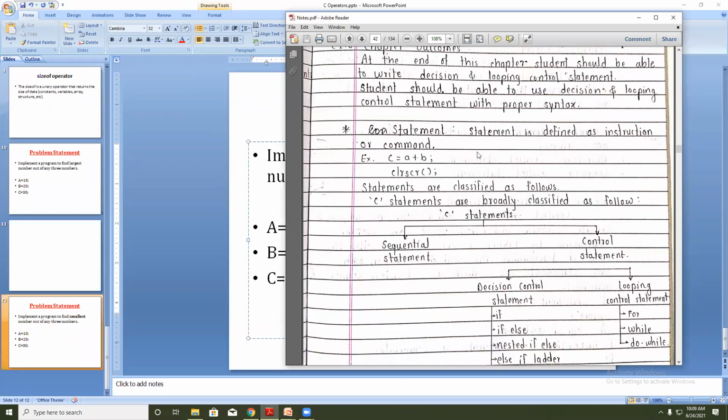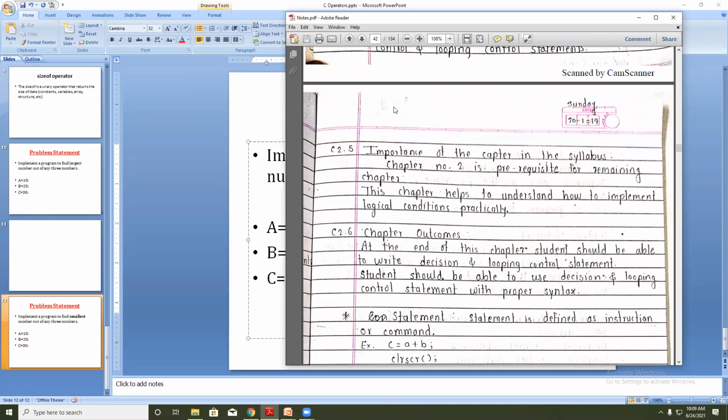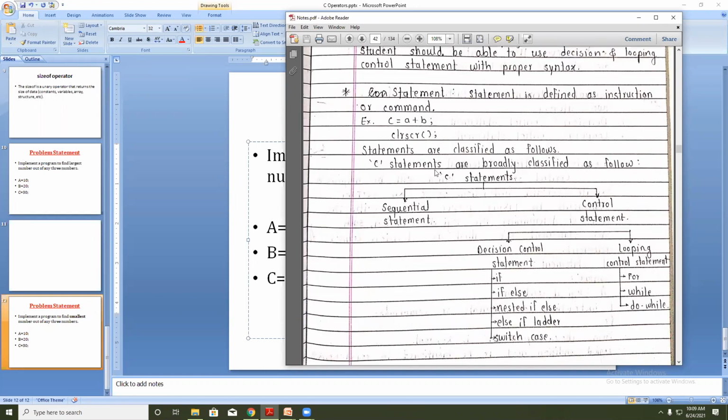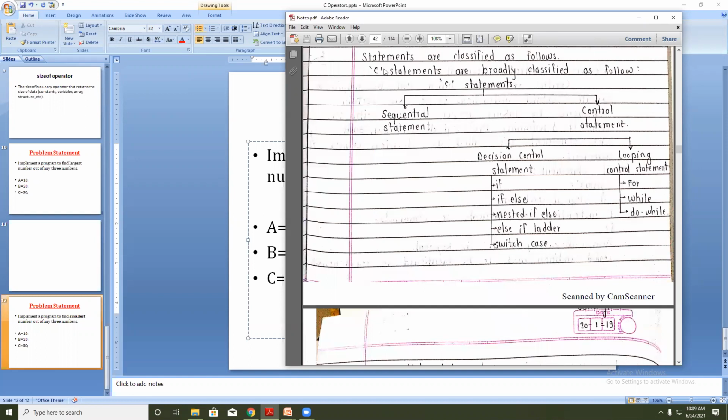Now in this second chapter, control structure, we are going to focus on the second aspect of the C statements. The simple sequential statements, we have seen the examples of the addition program, then subtraction, multiplication, division, finding the remainder of the division.